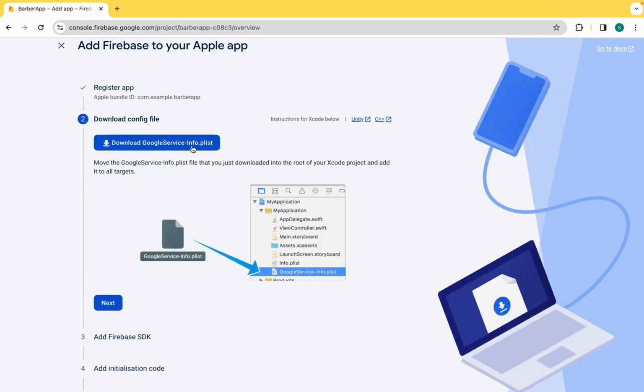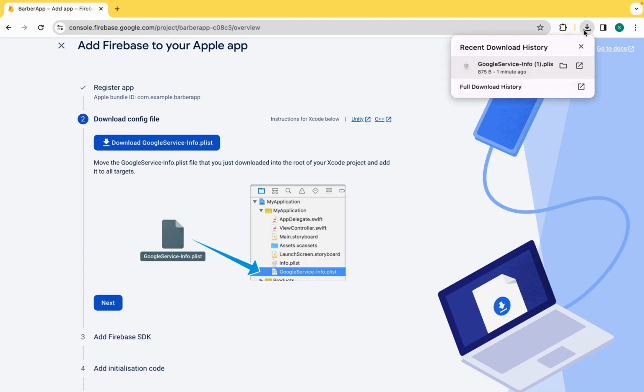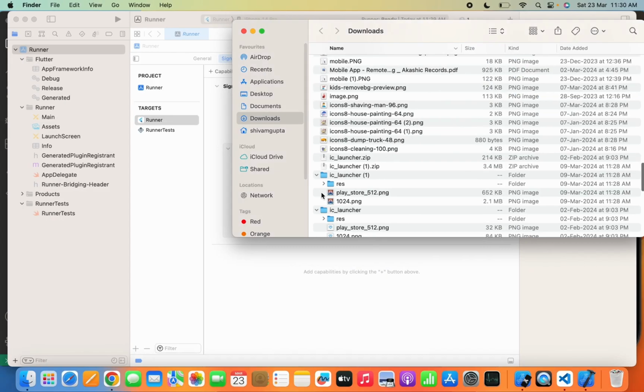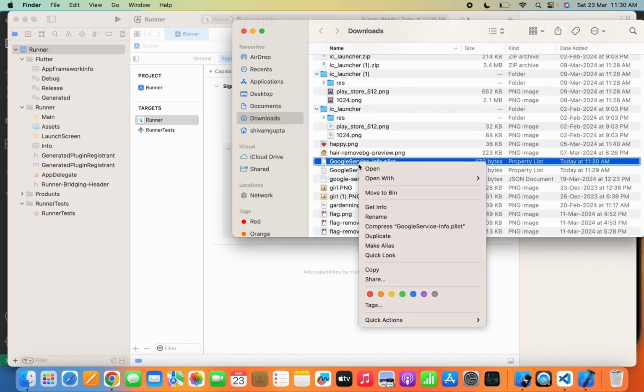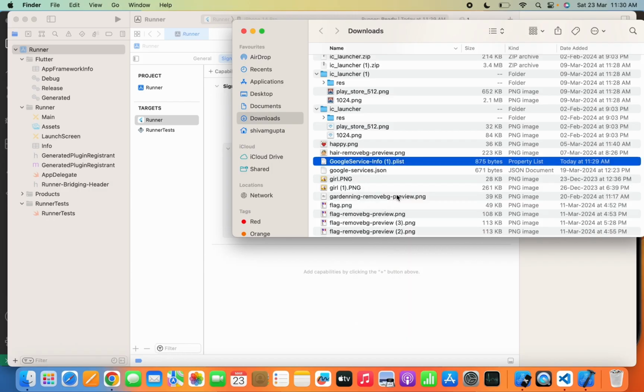Now download the Google service-info.plist file. So let's see this file. Now let's move to the file. So here you can see the file. Now if you have any folder named Google service-info.plist file, I mean the old file, then please remove that file,